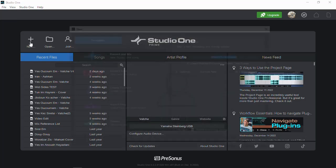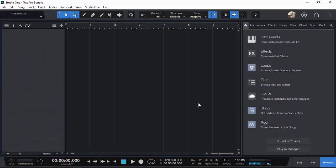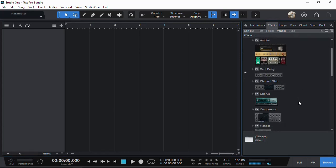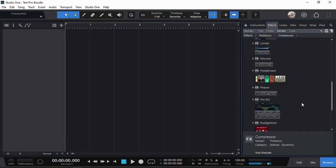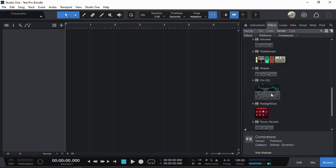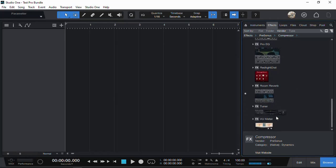So I'm just going to create a new blank project. Under our effects, okay, here we go. We've got the compressor, which has been added, and Pro EQ there as well. I wonder if it's a dynamic one. We've got the room reverb, which is great, with a VU meter,